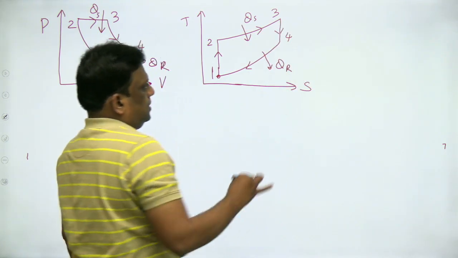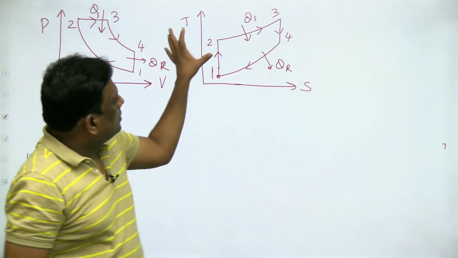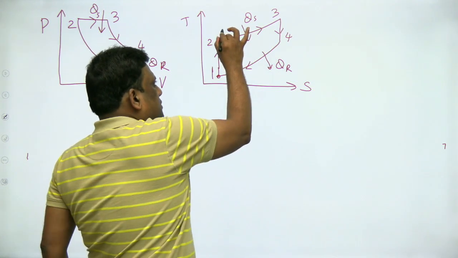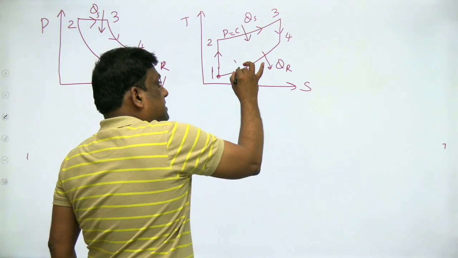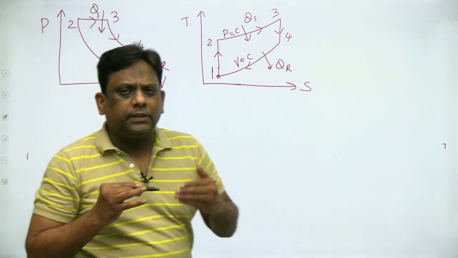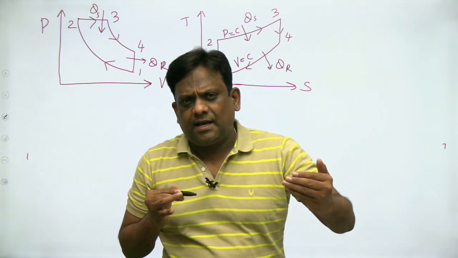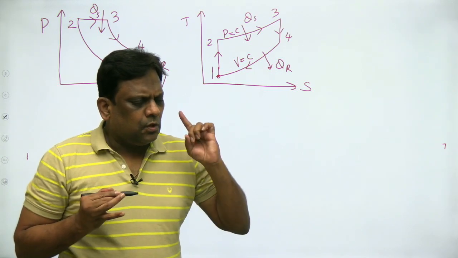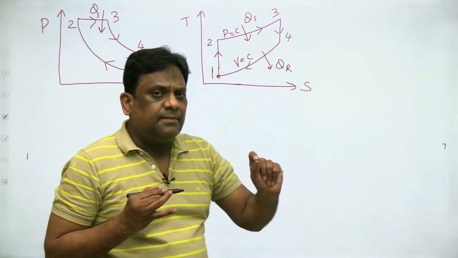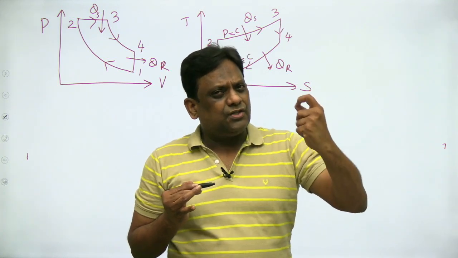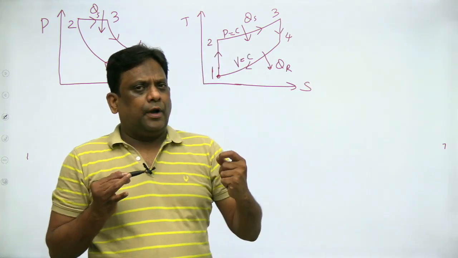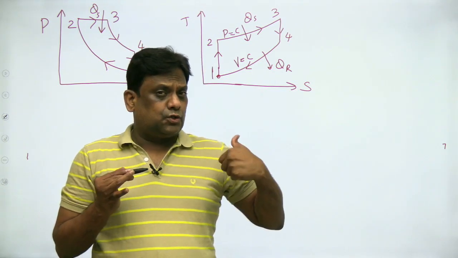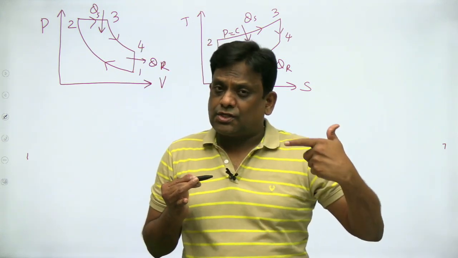You might have made one observation when I had drawn on TS diagram: the slope of constant pressure. This process is occurring at a constant pressure and this is occurring at a constant volume. And we know that the slope of constant volume on TS diagram is greater than the slope of constant pressure curves. So slope is dT by ds. For constant pressure, it is T by Cp, and for constant volume, it is T by Cv. So at a given point, my T is constant, and as Cp is greater than Cv, therefore, as Cp is in the denominator in slope, constant pressure slope is less than constant volume slope.